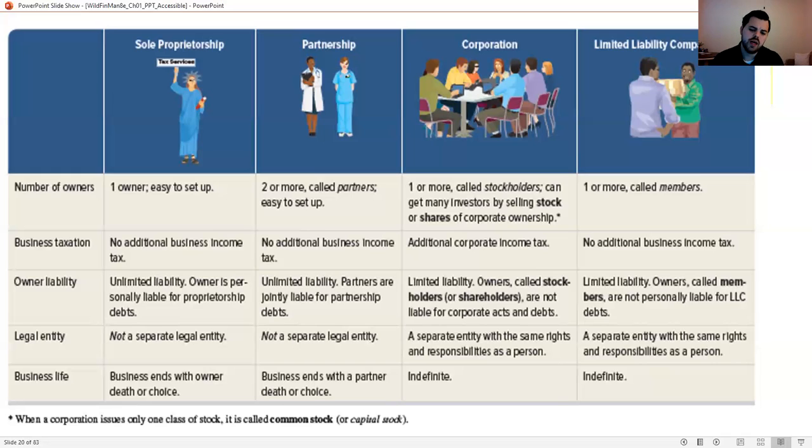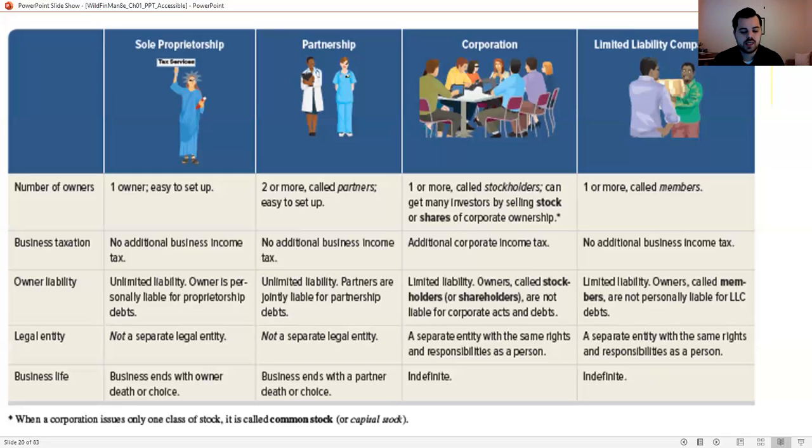Now, a partnership simply involves at least two people, right? You have to have partners. So you can't be partners with yourself, right? If you only have you, you have a sole proprietorship. But if you have more than one person, you have what is called a partnership. Now, there are different types of partnerships. There's what's called a general partnership versus a limited partnership. All of that type of stuff I'm going to leave for your business law courses. Okay, that's fine. You do probably need to know that stuff. And here I just need you to know what a partnership is. It's two or more people working together in this organization.